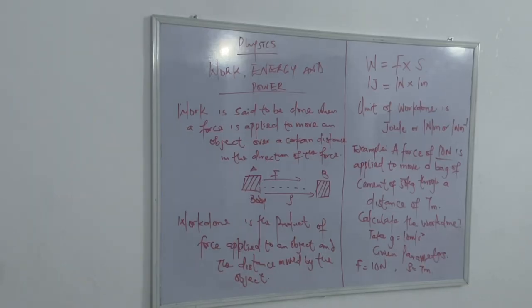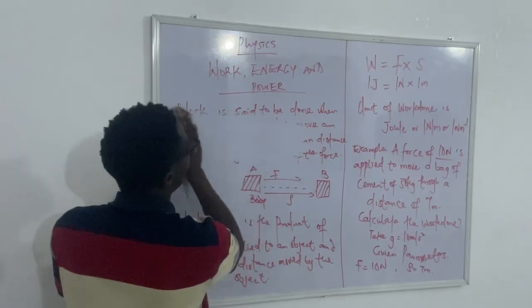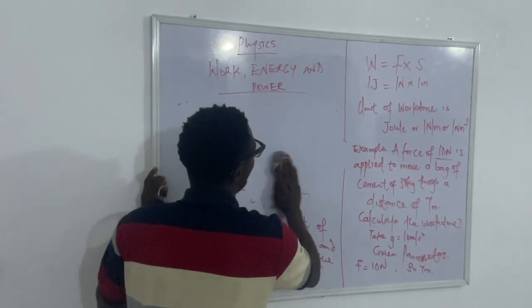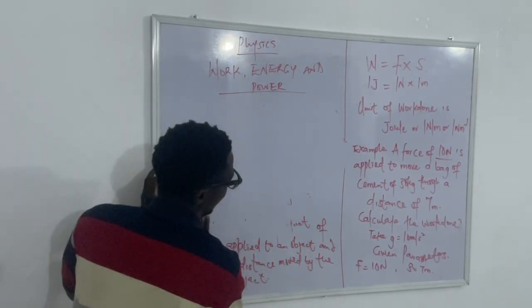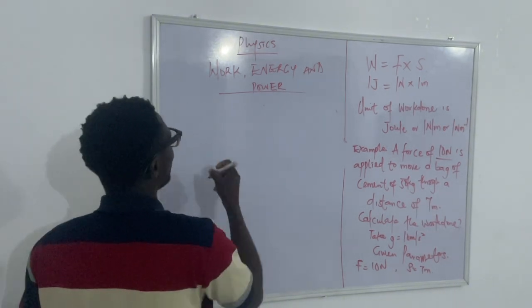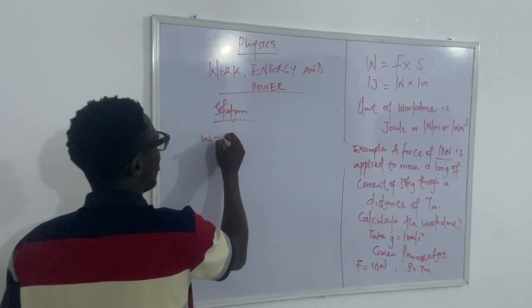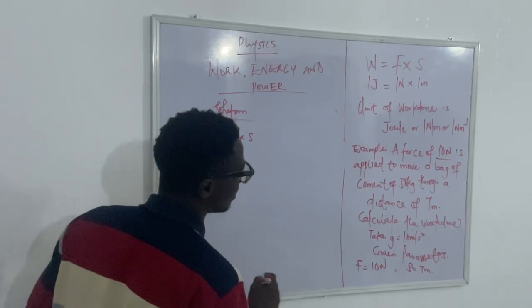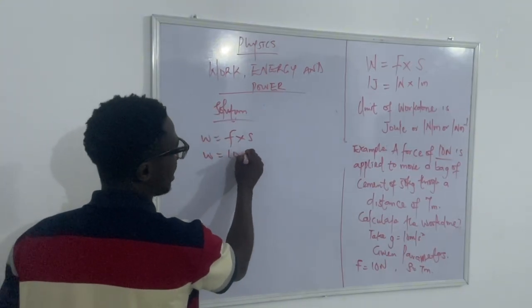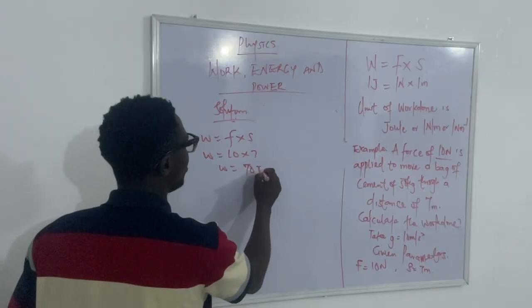Now, solving this question is very easy. We've actually simplified it further. So what we need to do here is to say work done equals force times distance. Work done equals force times distance. Then work done equals 10 times 7. Work done equals 70 joules